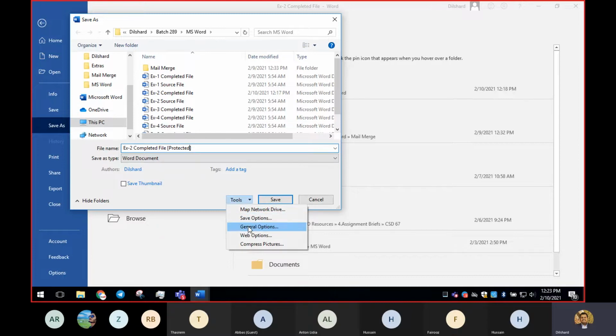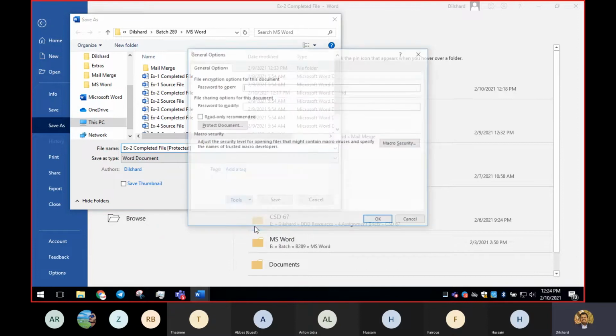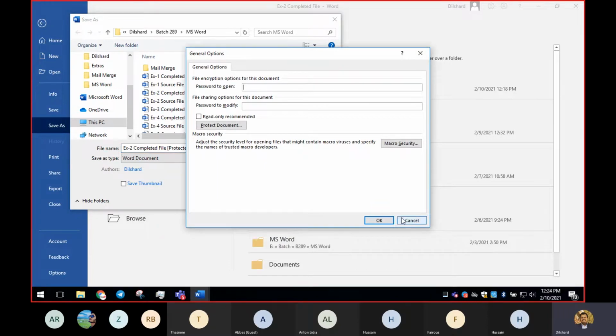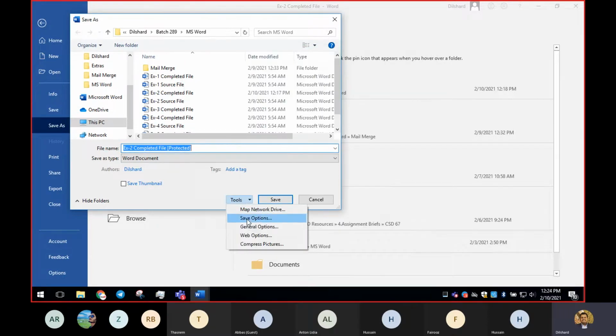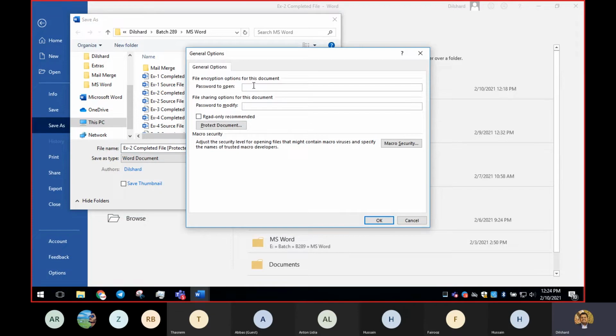Maybe save options or general. Well, first we'll check on the general options, and we have password, right? So we have to go to tools, and we'll go to general options, and we're going to type a password here. I'm going to type 123456 again,